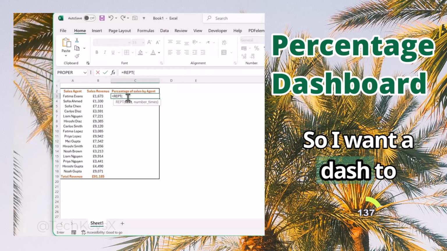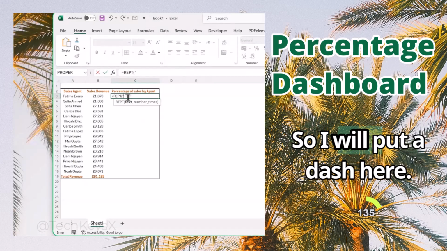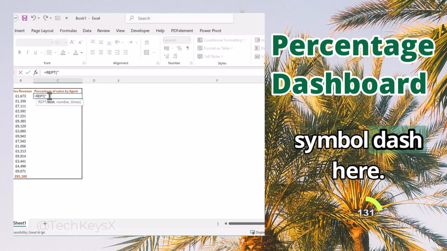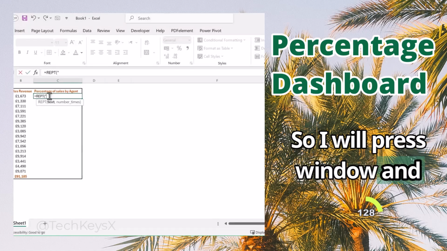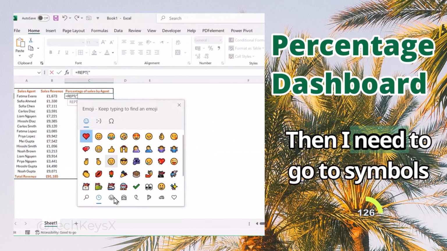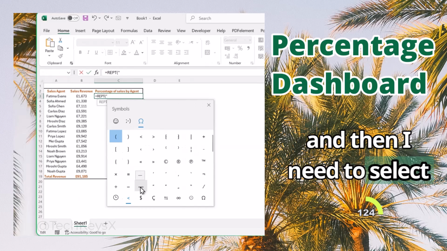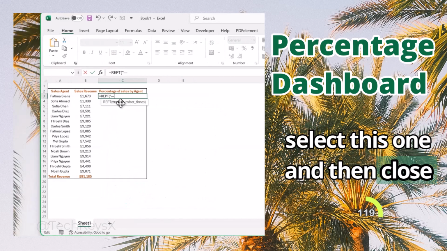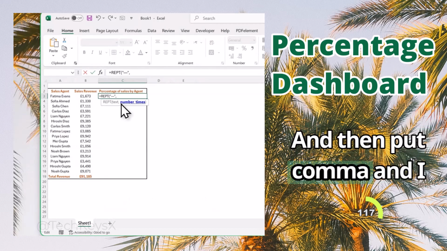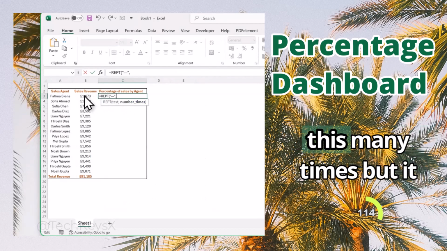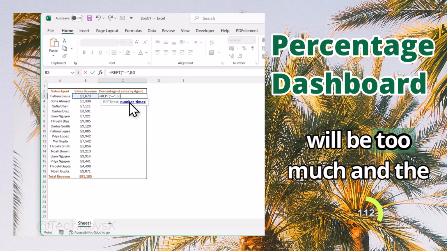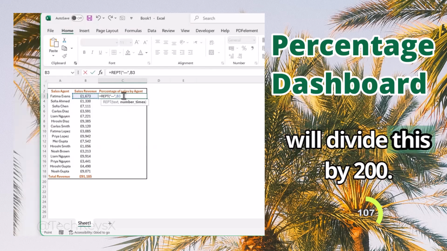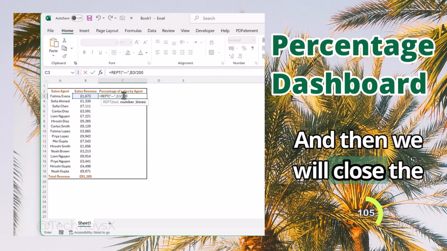So I want a dash to repeat. So I will put a dash here. I will put quotation mark and then put a symbol dash here. So I will press Windows and dot and this will open up. Then I need to go to symbol and then I need to select this one under general punctuations and then select this one and then close my quotation marks and then put comma, and I want this dash to be repeated this many times, but it will be too much and the line will be too long. So what we will do is we will divide this by 200 and then we will close the bracket and